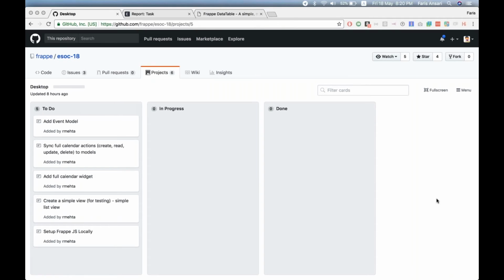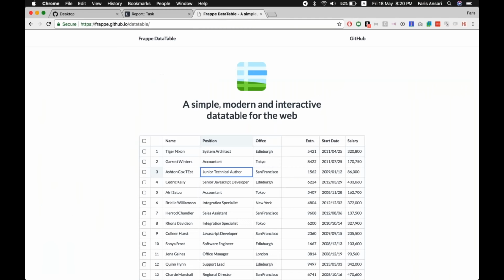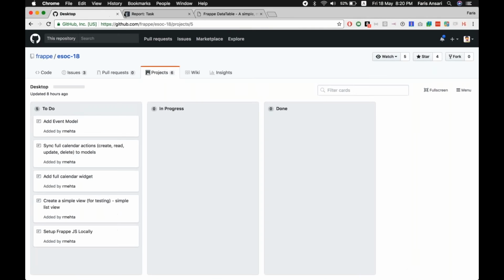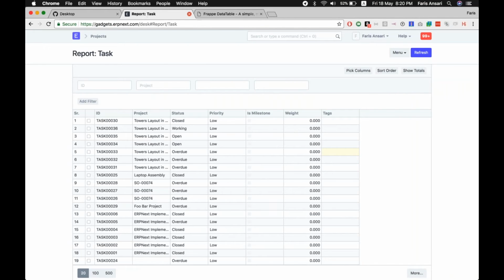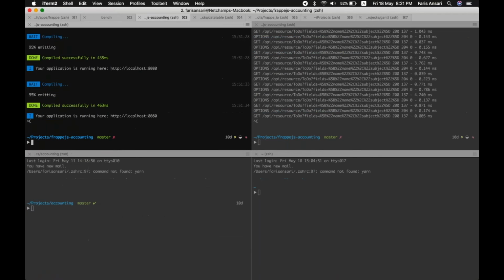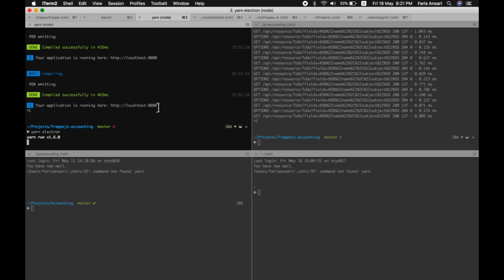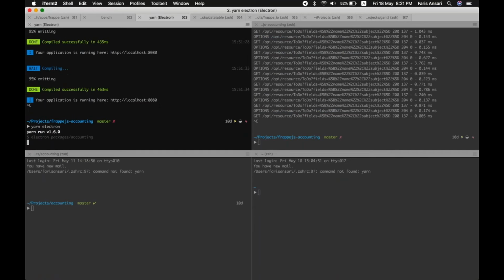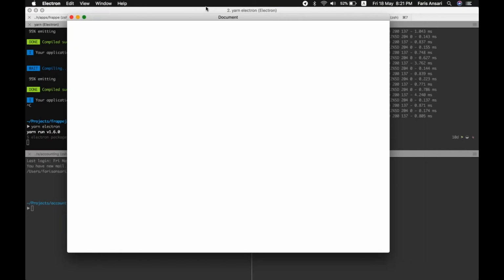Okay. So any doubts regarding data table or the report builder? So I think we are using the data table currently in accounting. So here,